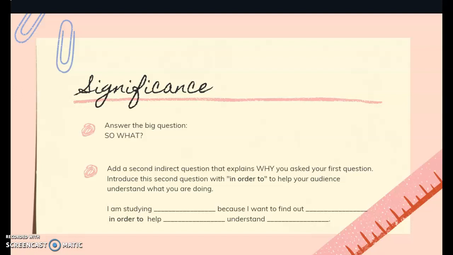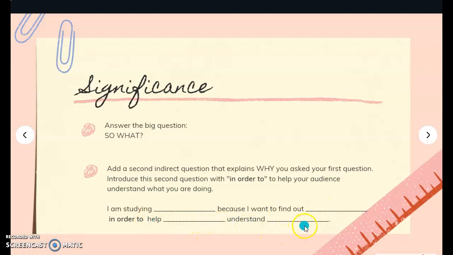Who cares? What's important? So now you have the "I'm studying blank because I want to find out blank." Now you're adding this really important piece, which is "in order to." Why am I doing this? Why does it matter? Okay, so: I'm studying blank because I want to find out blank in order to help